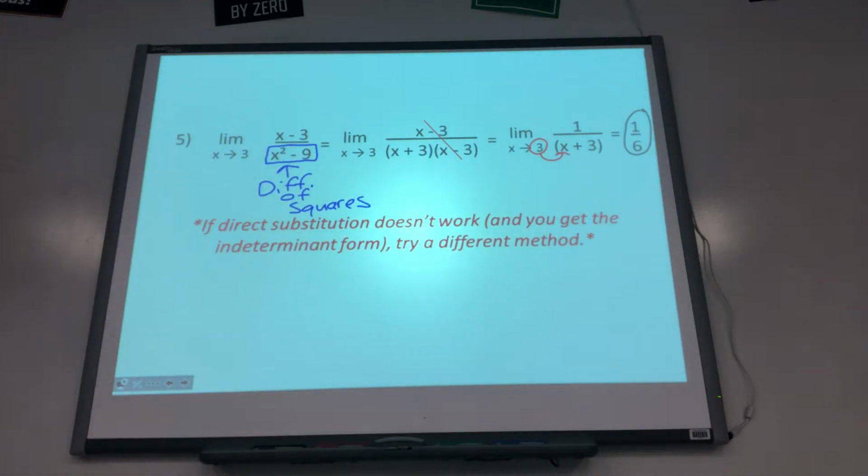Again, that would be hard to find on a graph to tell that you're approaching 1/6. So make sure that you know all of these other methods. Direct substitution comes first, but then if that doesn't work, factoring is just another option that you have. Alrighty, any questions on